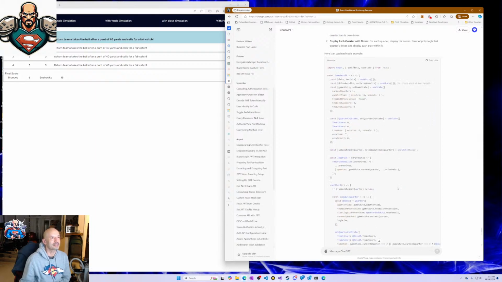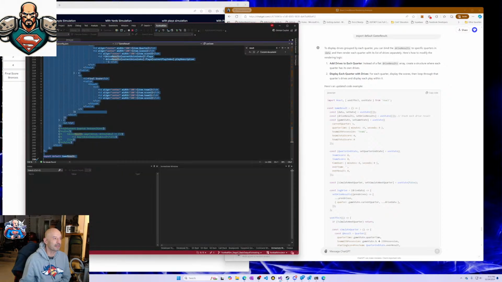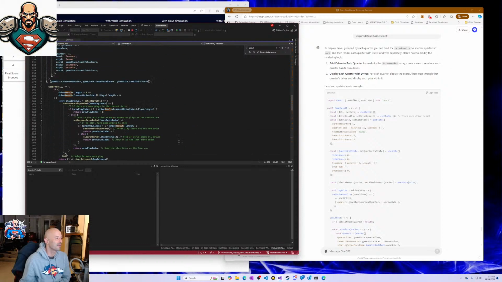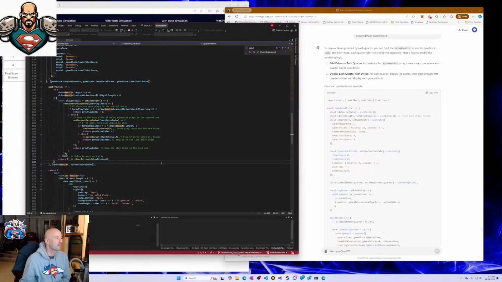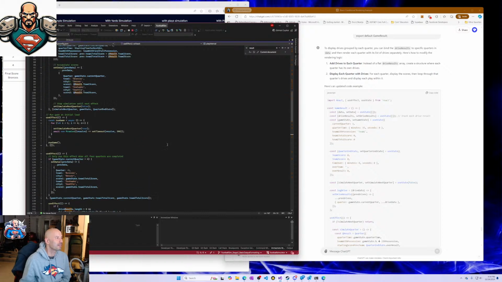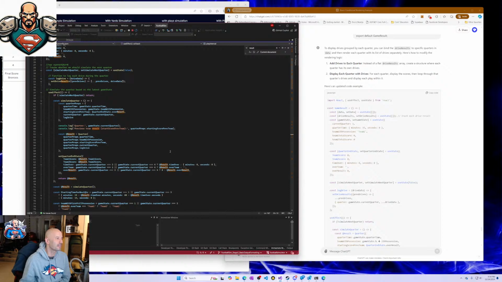How do I get this guy? Add drives. Okay, so it's thinking I should. This is why I checked it in, because I knew I was going to end up having to change stuff, and I didn't want to lose my functional stuff. So if I'm going to rewrite how game quarters are defined,